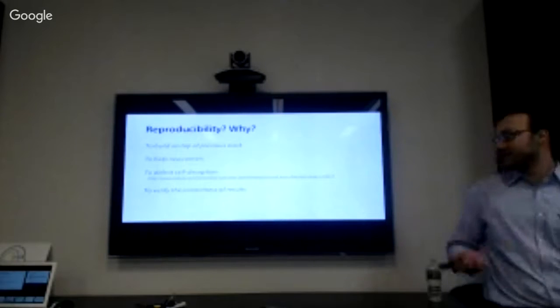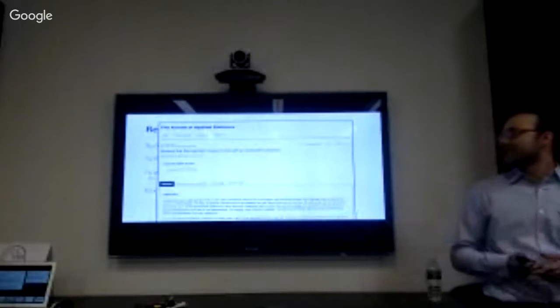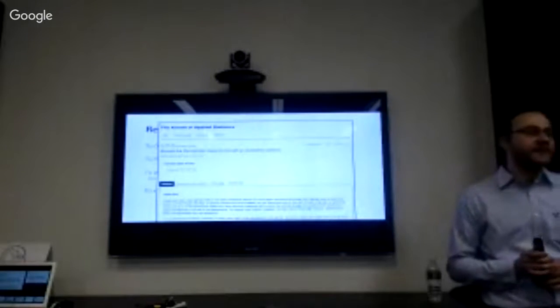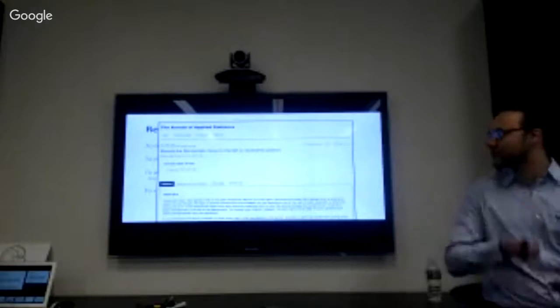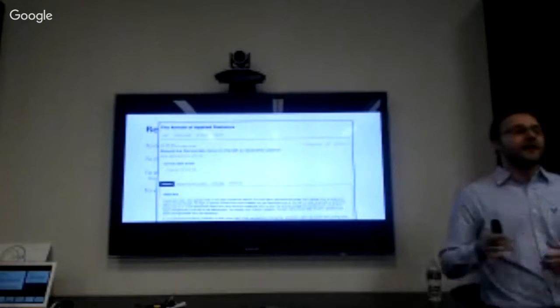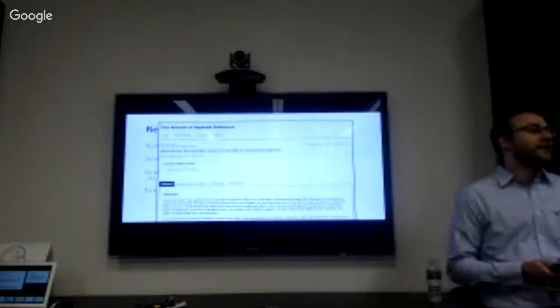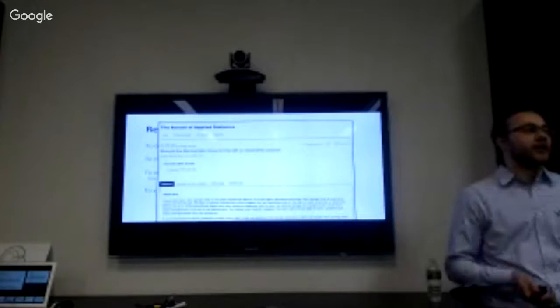This is a huge issue. There's this paper from 2008, "Should the Democrats move to the left on economic policy?" They basically showed that the Democratic candidates could get more votes if they moved more to the right on economic policy.